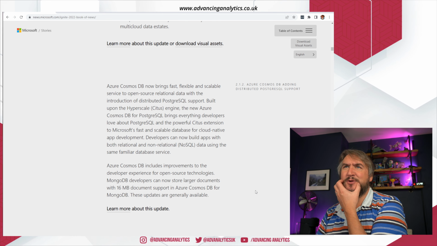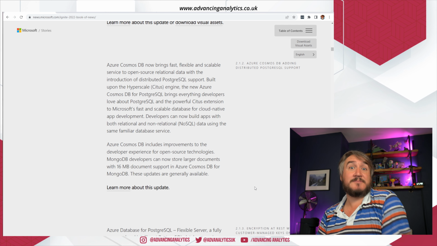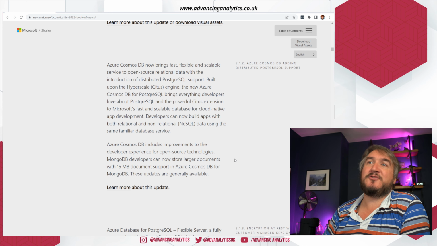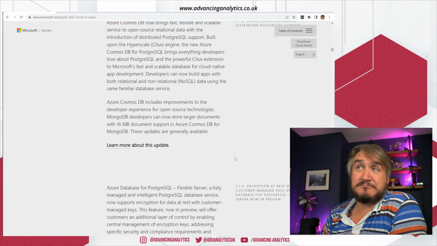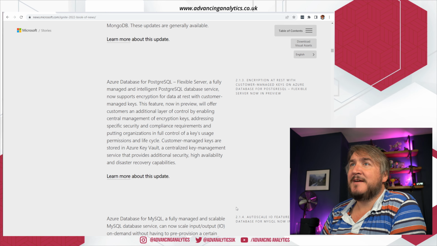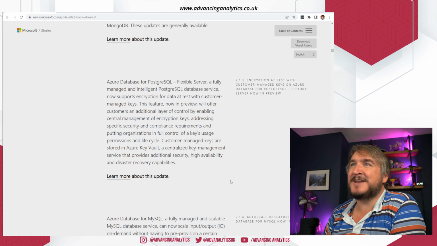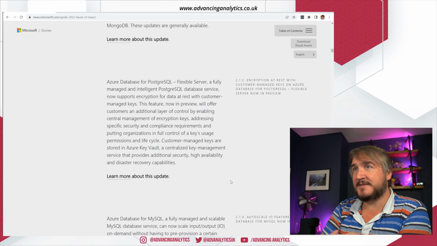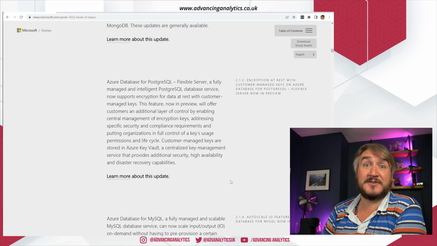So yeah, more stuff. Other things that we have: Cosmos DB now has Postgres support. So it's another flavor within Cosmos DB, if you're trying to do a NoSQL kind of database in there, which is okay, cool, good to know. The other features are more around the data management side. If you're using Azure Database for Postgres, that's not the Azure SQL DB, that's the open source database offering that's already there.